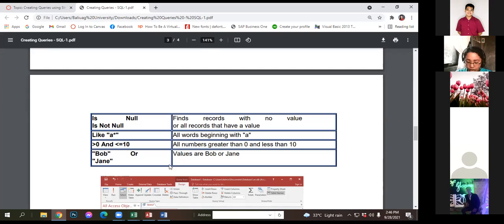Okay? So, ayun. Question? Sa paggamit nung LIKE A, asterisk, IS NOT NULL, IS NULL. Meron ba? Wala pa naman. Okay,